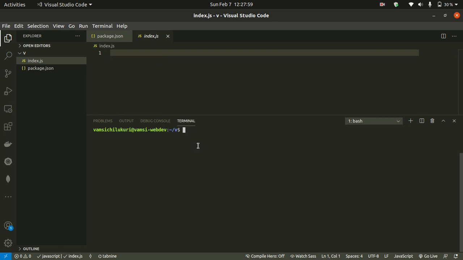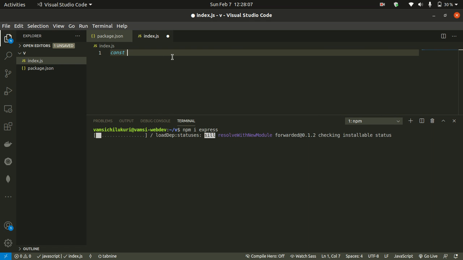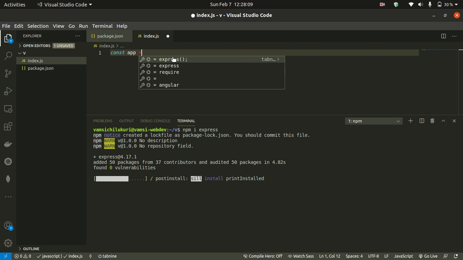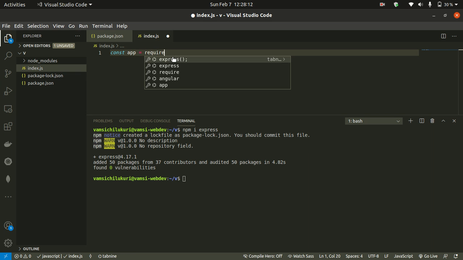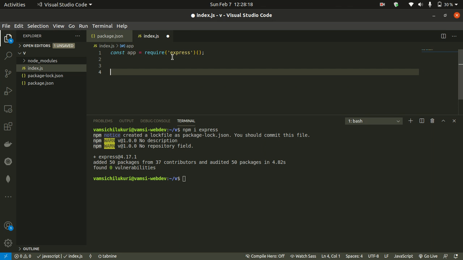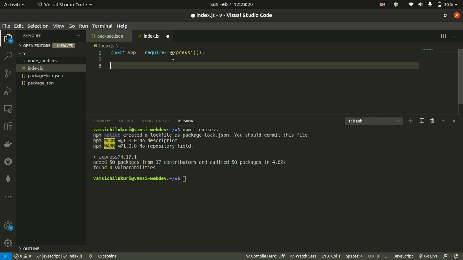We need the Express framework, so npm install. Our app listens at a port.